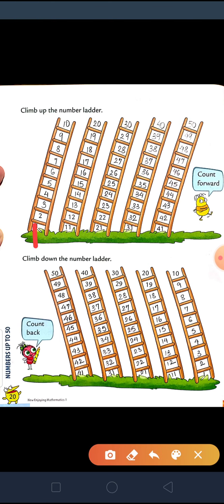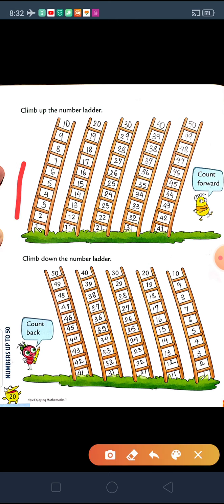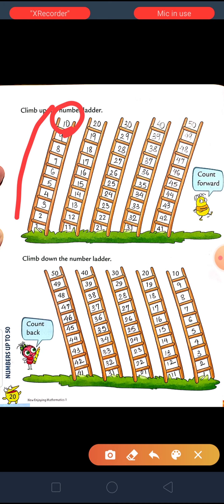And when you will start writing numbers, you will come to know in one ladder how many numbers can fit. So here you can see they have started from 1, they have already given 1. So when you will start from 1, next you will write 2 3 4 5. As I have written, you have to write the same way. So your last will be the 10th number.